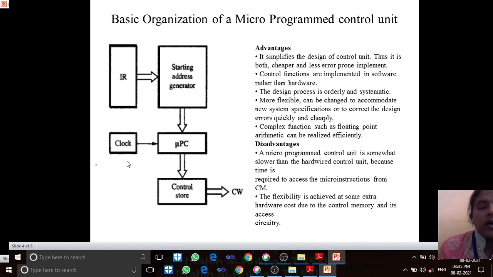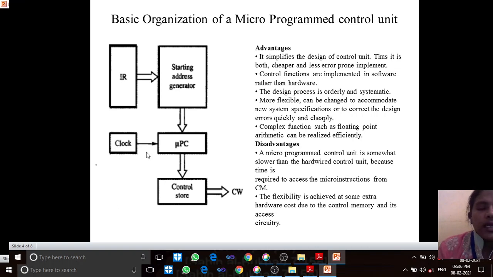Every time a new instruction is loaded into the instruction register, the output of the starting address generator is given to the microprogram counter. Upon the application of the clock, it is incremented, which causes successive micro instructions to be read from the control store. Hence, the control signals are delivered to various parts of the processor in the correct sequence.